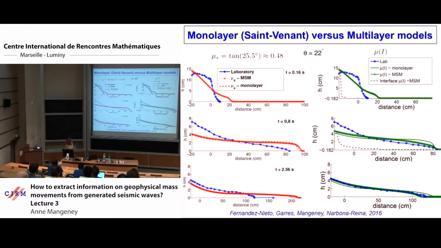But you start to see difference when you use the mu of I rheology. Remember, it is when the friction coefficient is not constant but depends on the inertial number. Then you can see, for example, if you look at the deposit, that you well reproduce the deposit with the multi-layer model and not with the monolayer model. So this is something that has to be